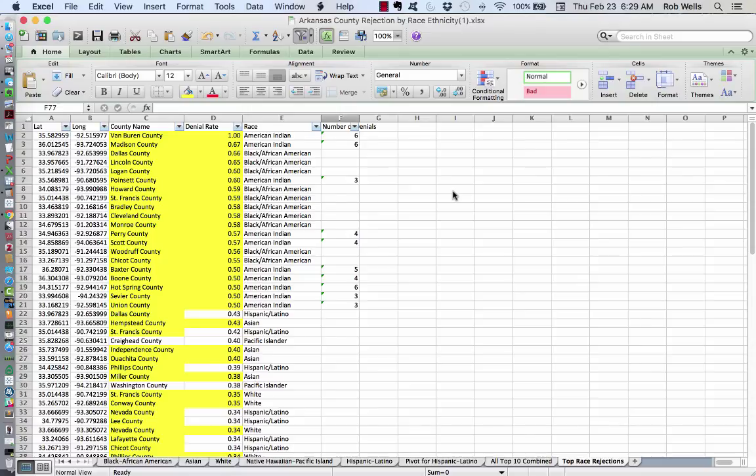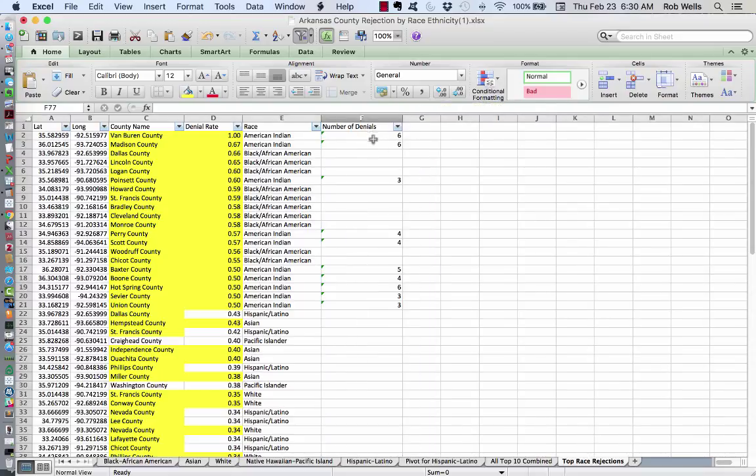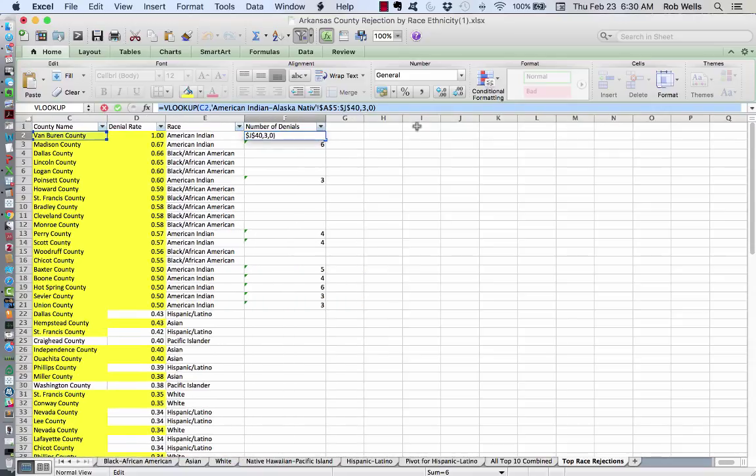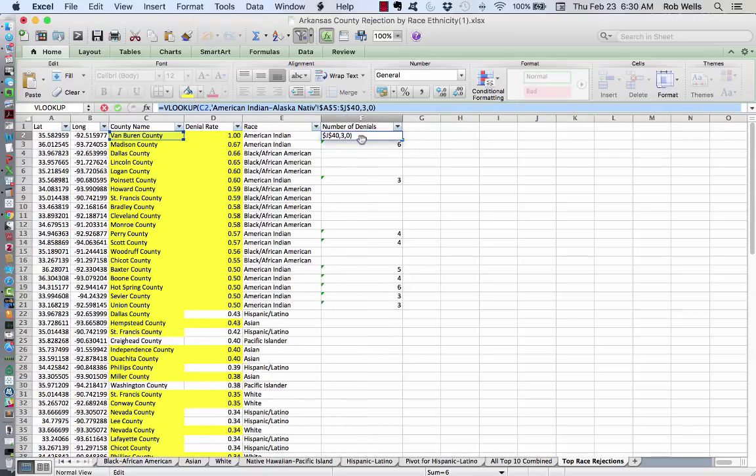I'm going to show you how to use VLOOKUP to grab the data on the total number of loan denials to add to the spreadsheet. So VLOOKUP is a logical function. Maybe you can see the formula here. And what this formula is telling us is that we want to go and look